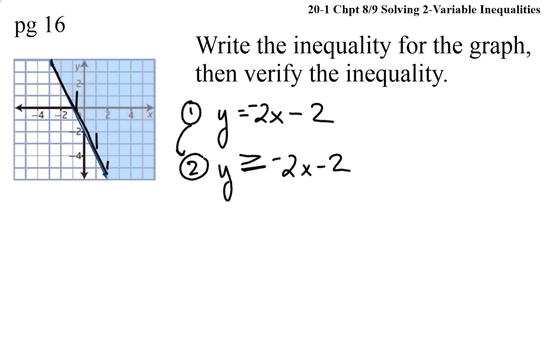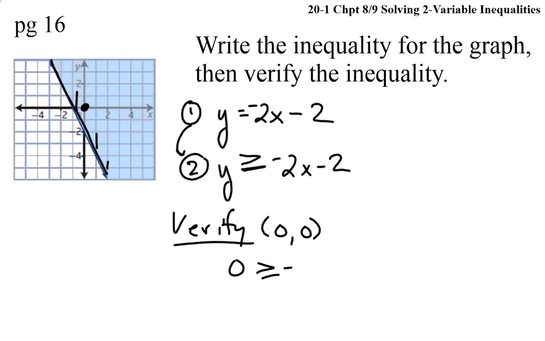Always helps to do a quick check to see if you're on the right track. Look at that, (0, 0) is a possible point. (0, 0) is nice to verify with because it's a nice easy value. So if I verify with (0, 0), y is 0, and that should be greater than or equal to -2